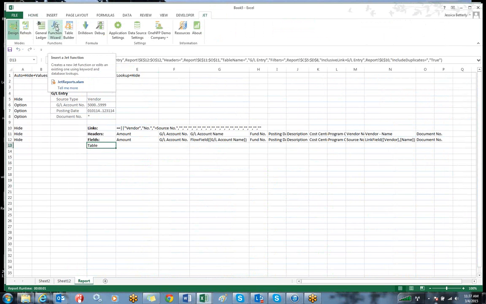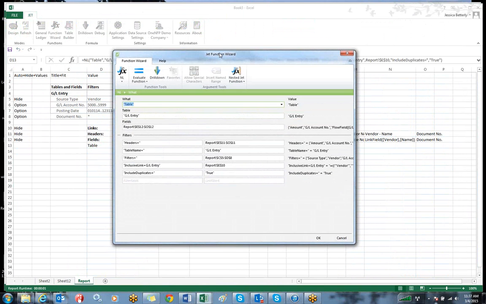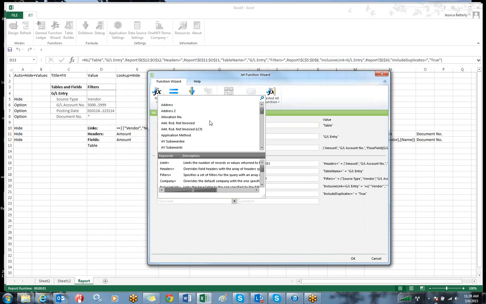All right, if I go in to this function wizard, which I rarely use, again, there are probably power JET users that use the function wizard alone to create their table. You're going to see this is very similar to all that information we saw when you're on the table in here. It's pulling that same information. There are features here that you can add in to the way the report is created. Some of them are ones, headers, there's already a line in there. You can add the filters there is. You can,